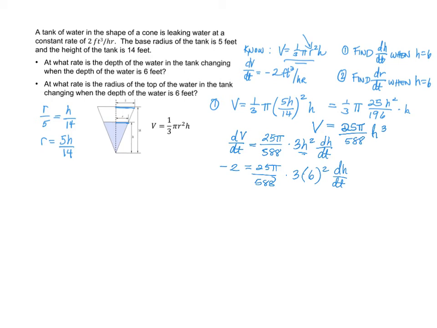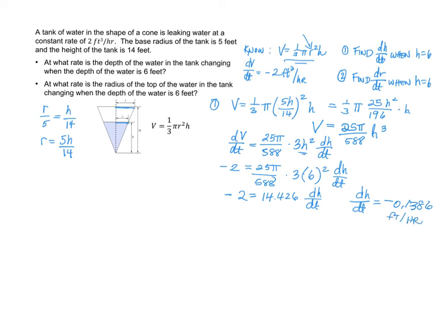And what I get is -2 equals 14.426 times dh over dt. And then solving for dh over dt, I get -0.1386. And this is, again, we're working with feet per second, or feet per hour, so this is feet per